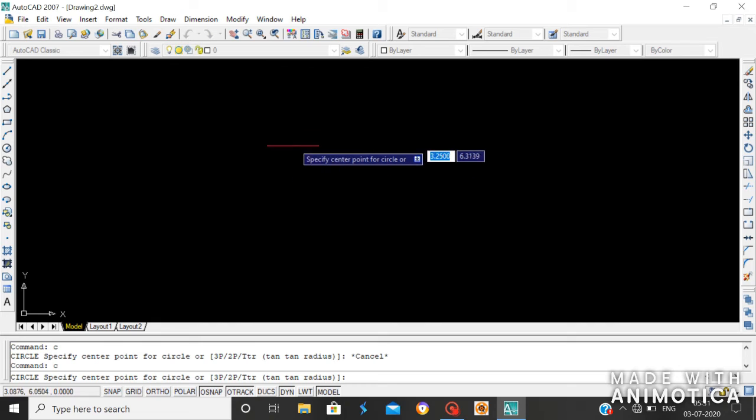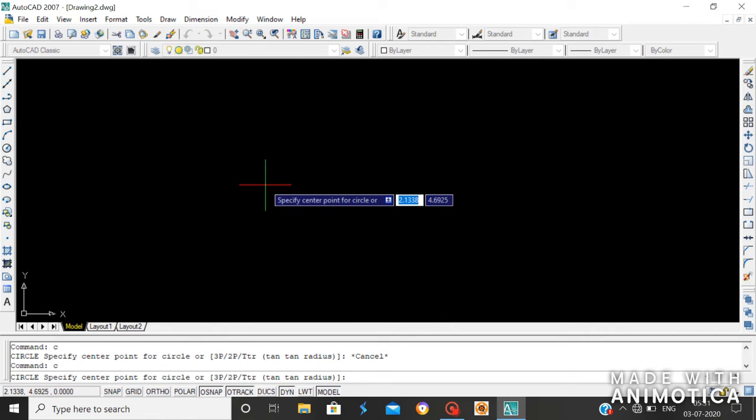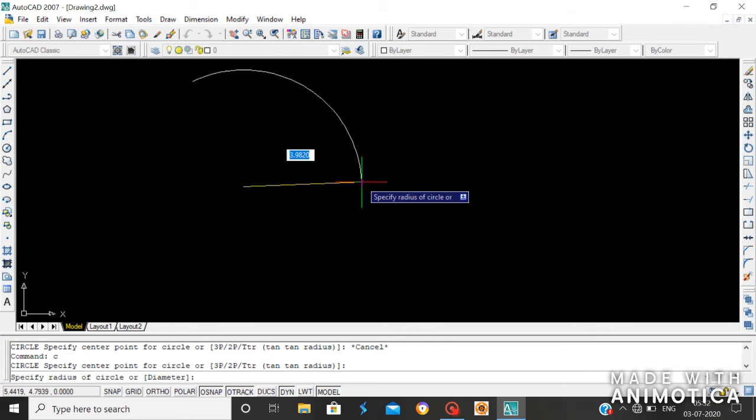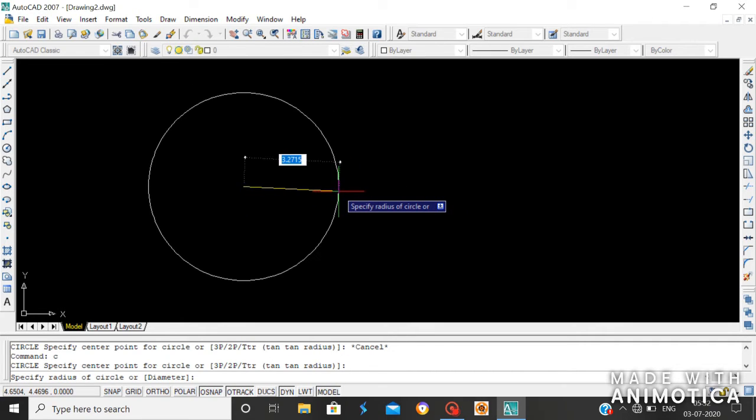Here you have to specify the center point of the circle. You can use coordinates to specify the center, or specify that center using the crosshair. After specifying the center, enter the radius.